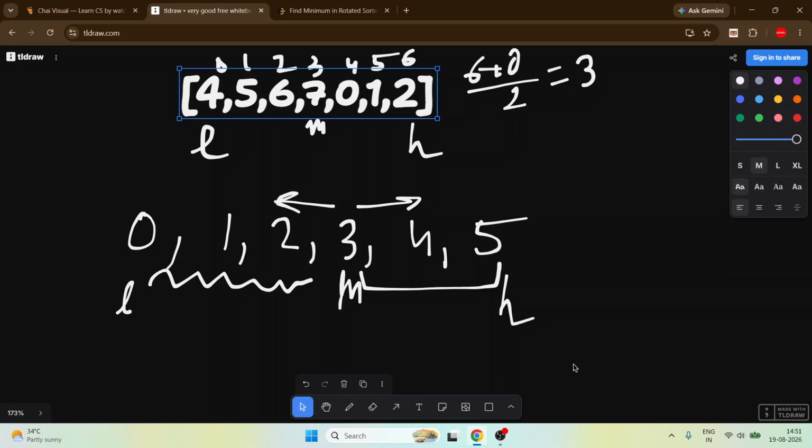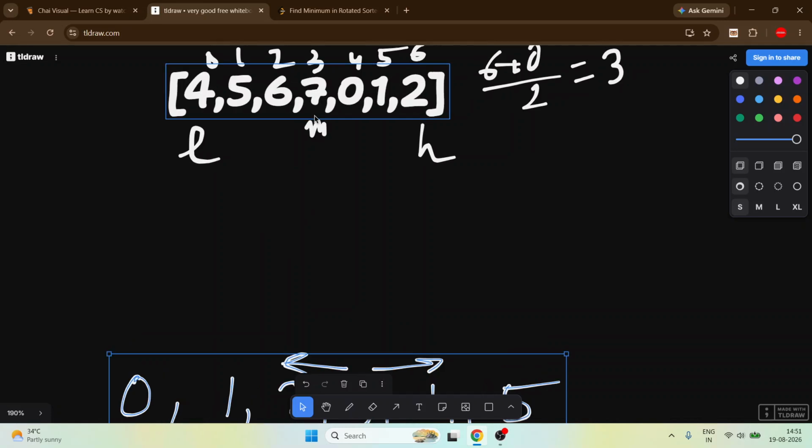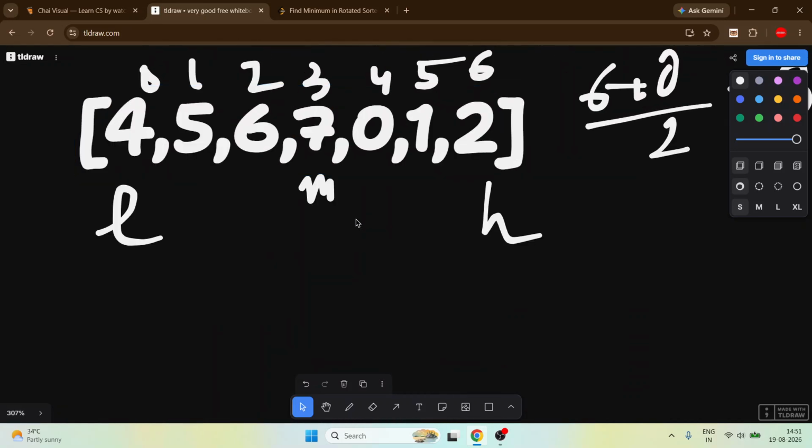Similarly, in this case, we have to find that partition. But how could we find it? We check this mid and this high.